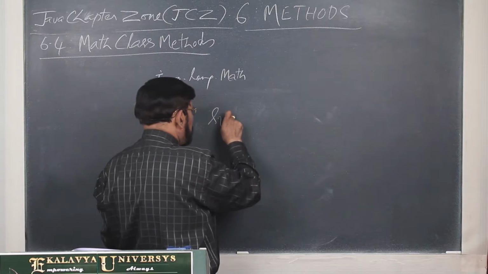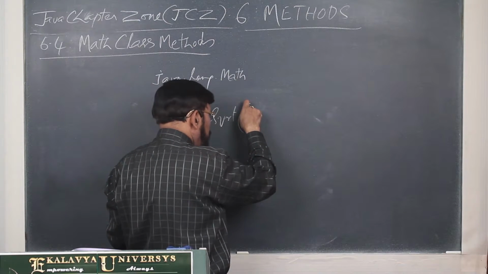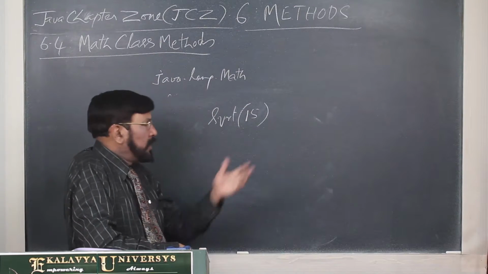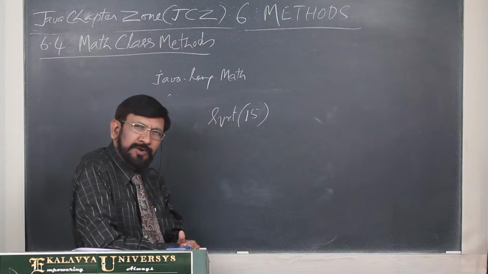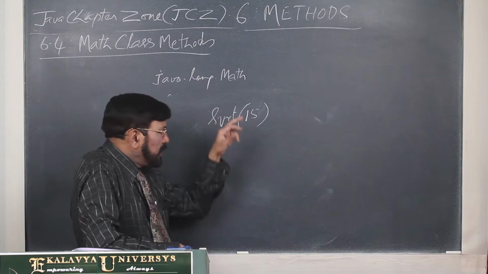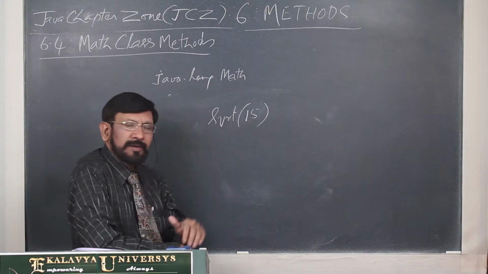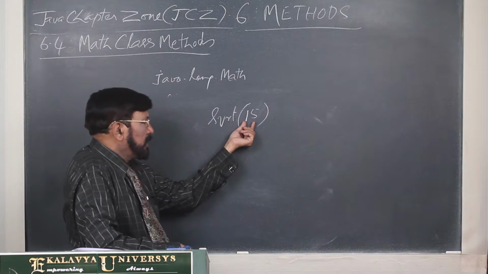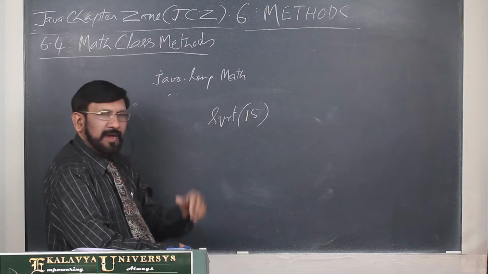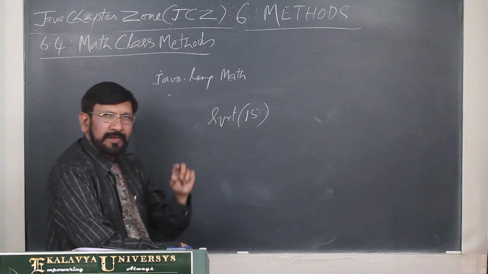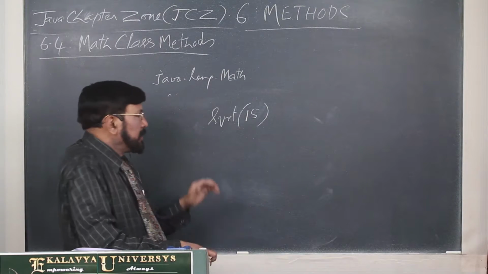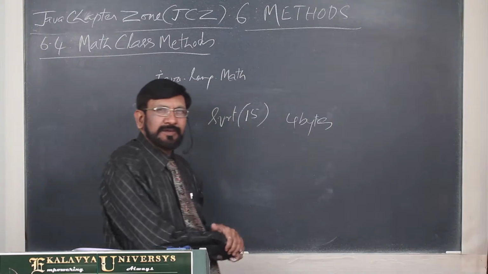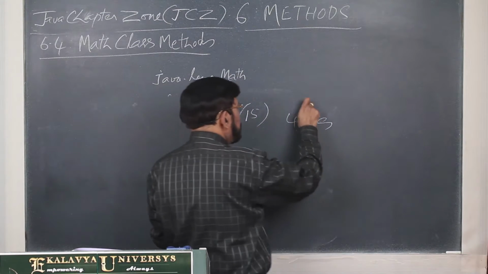Suppose the same square root. You want to give 15, square root of 15. Then obviously you might have defined it as byte, short or int type, and because of this reason you don't define it as double. Suppose you declared this one, and now the constant 15 you have given. The 15 constant by default is of type int. Int means in how many bytes is it stored? 4 bytes. Then first it is promoted to double.